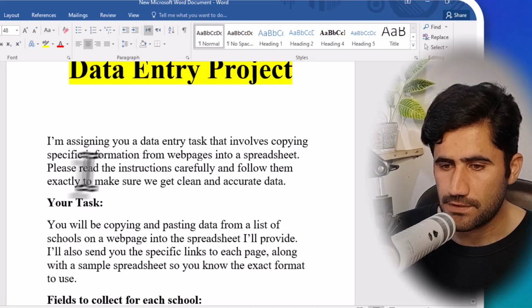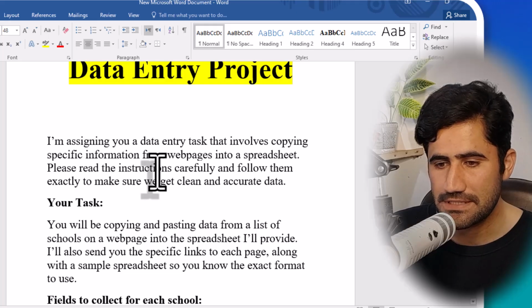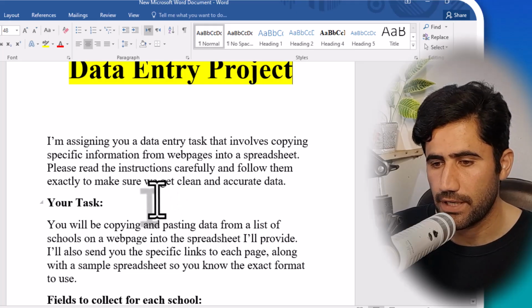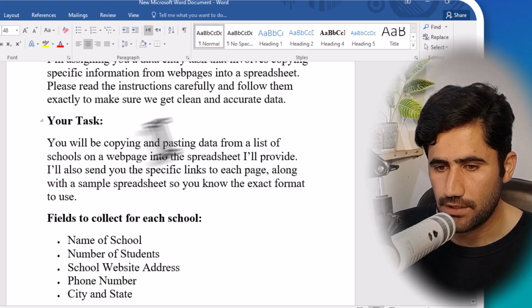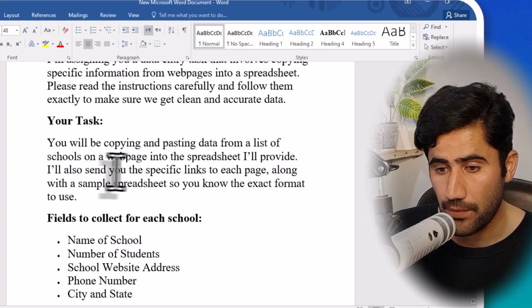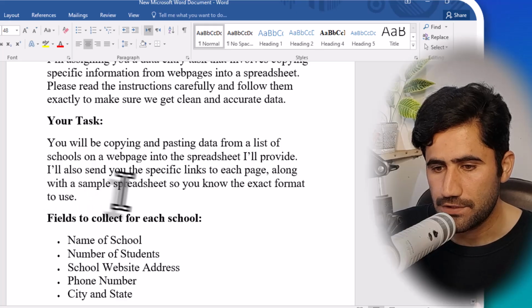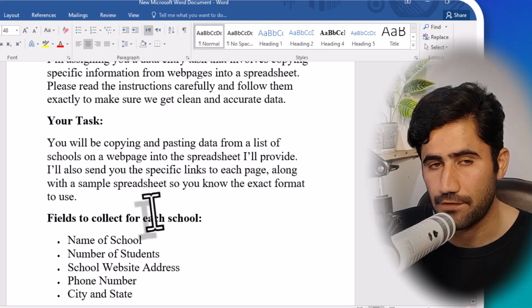Basically he's saying that I'm assigning you a data entry task that involves copying specific information from a web page into a spreadsheet. Please read the instructions carefully and follow them exactly to make sure we get clean and accurate data. Going down here, he's saying that your task is copying and pasting data from a list of schools on a web page into a spreadsheet. He will also send the specific link to each page along with a simple spreadsheet